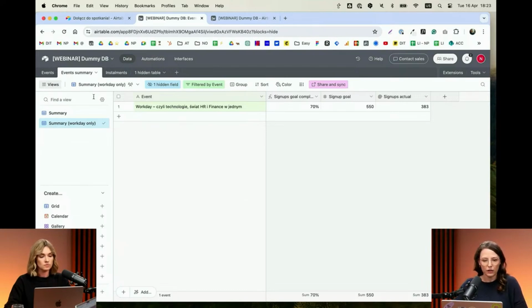So this is another tab in Airtable. We are still in Airtable, and effectively what you can now see is, oh, look, I have my event, which is this Workday event. I have a sign-up goal, which I put here manually, and thanks to some, let's say, actions in Airtable, I can calculate automatically how many people signed up, and also automatically calculate, okay, I'm at 70% of my goal,